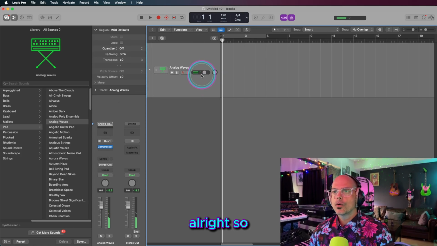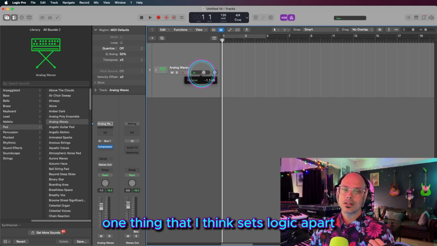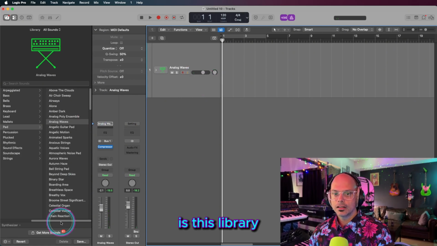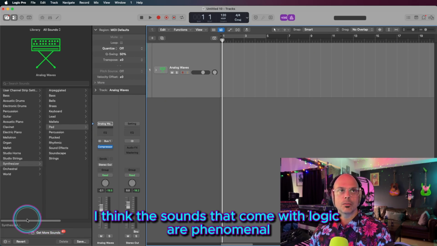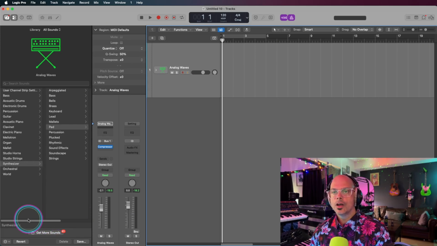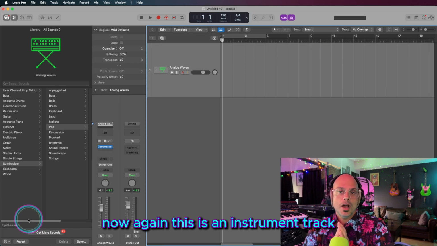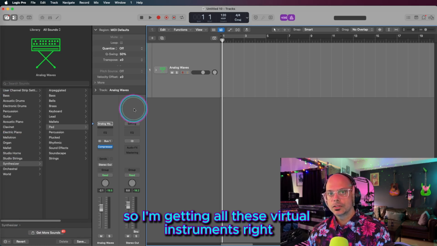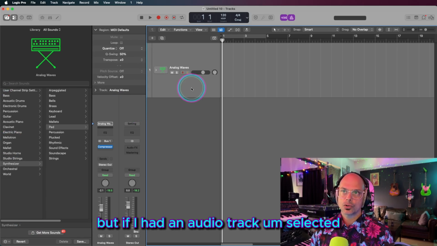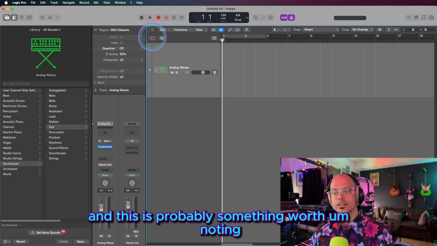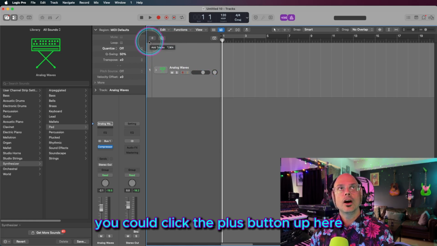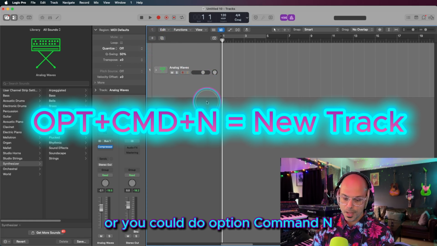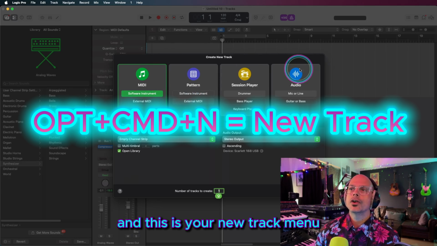One thing that I think sets Logic apart is this library. I think the sounds that come with Logic are phenomenal. Again, this is an instrument track, so I'm getting all these virtual instruments. But if I had an audio track selected, so let's go ahead and make a new track, and this is probably something worth noting. You could click the plus button up here, or you could do Option, Command, N,